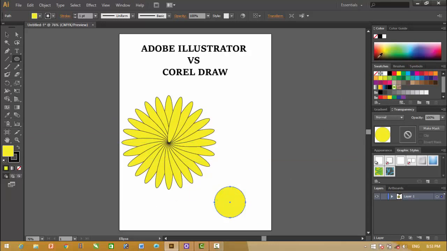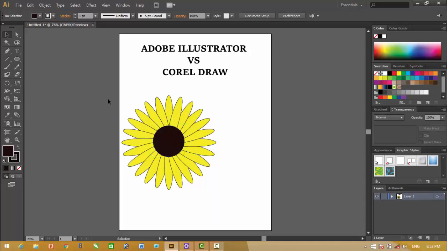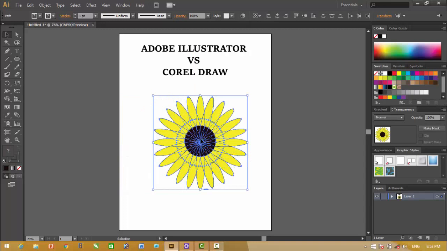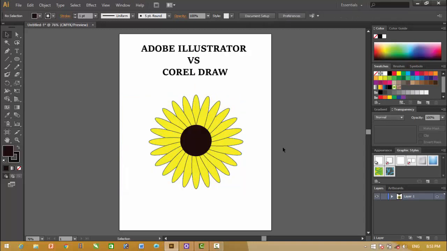Change the color of this circle to black, and now move this circle to the middle of this, and you can see that we have successfully created a sunflower in Adobe Illustrator. So these are the techniques for repeat command in CorelDRAW and Adobe Illustrator.